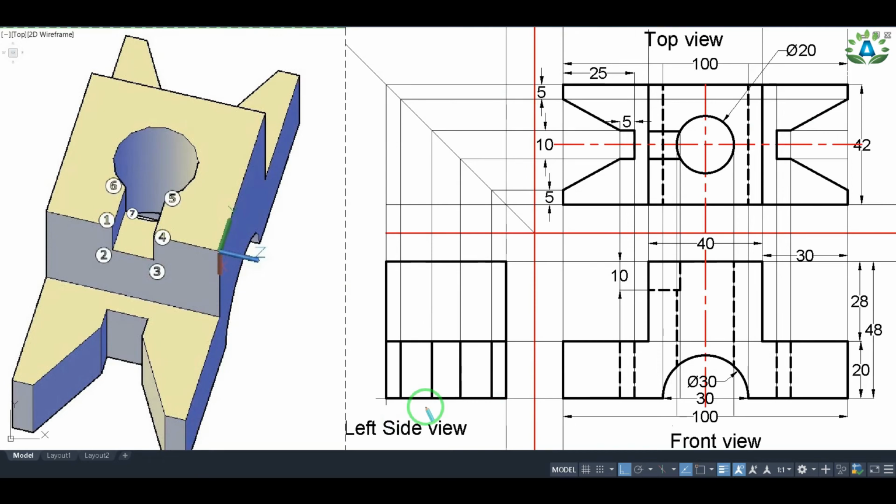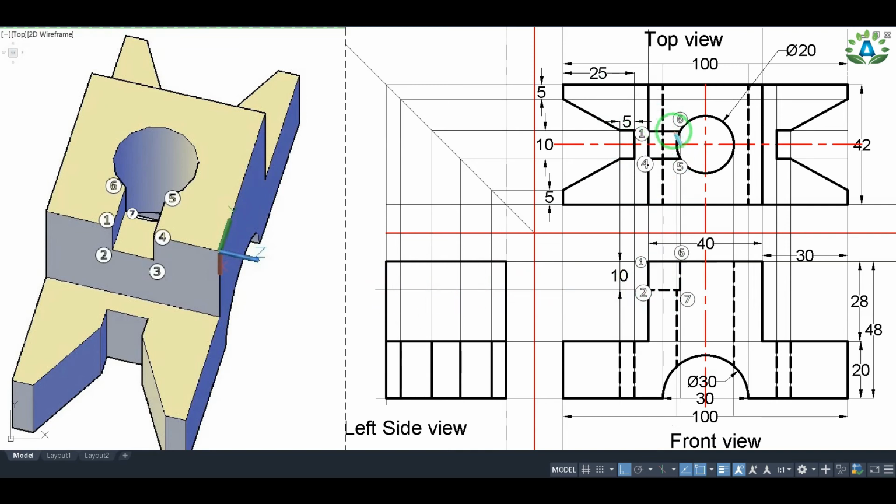After projecting all these lines, we have to look at this small rectangular cut portion in our left side view. So to look at these points, first of all we have to look at all these points in our top view as well as in our front view, and finally we can project it to our left side. I have numbered all these points in this top view as well as in this front view. From the top view we will be able to see this 1, 6, 5 and 4 points, that is this part. And from our front view we will be able to see this part here. So I can easily project the line coming from these points in the left side view like this.